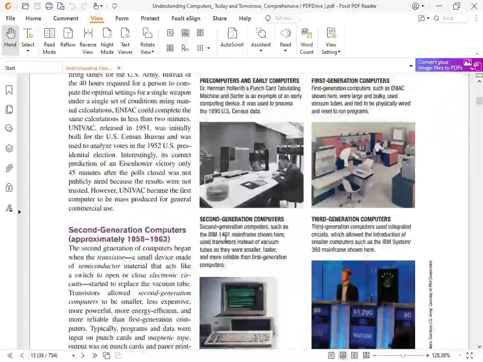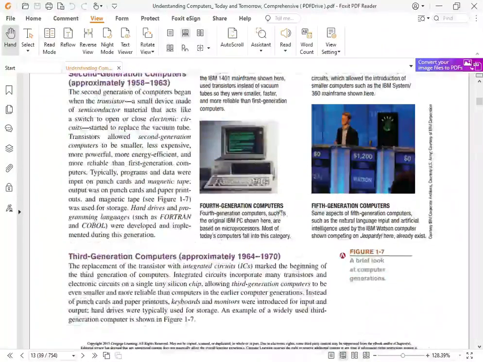such as the IBM 1401 mainframe shown here, used transistors instead of vacuum tubes, so they were smaller, faster, and more reliable than first-generation computers. Third-generation computers used integrated circuits, which allowed the introduction of smaller computers such as the IBM System/360 mainframe shown here. Fourth-generation computers,